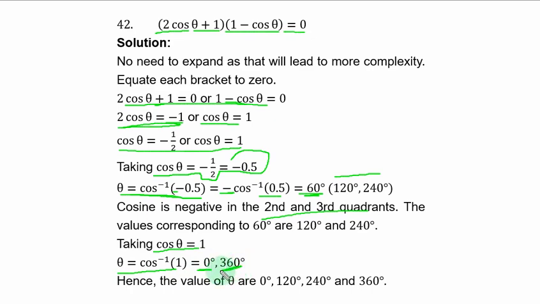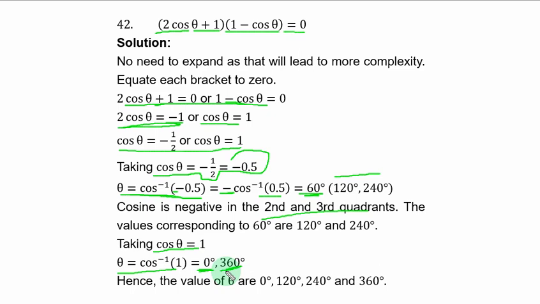This other value is from the other quadrant where cosine is positive apart from the first quadrant, and that is the fourth quadrant where cosine is positive. The angle there is 360 degrees minus theta. So if you equate it to 0 and you solve for theta, you have